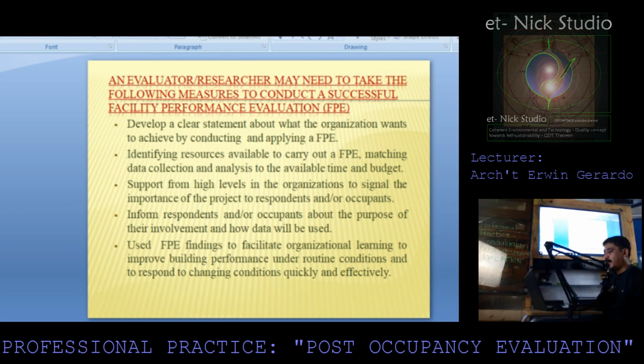Namely, develop a clear statement about what the organization wants to achieve by conducting and applying a facility performance evaluation, succeeded by identifying resources available to carry out the facility performance evaluation, matching data collection and analysis to the available time and budget. Next is support from high levels in the organization to signal the importance of the project to respondents and/or occupants,